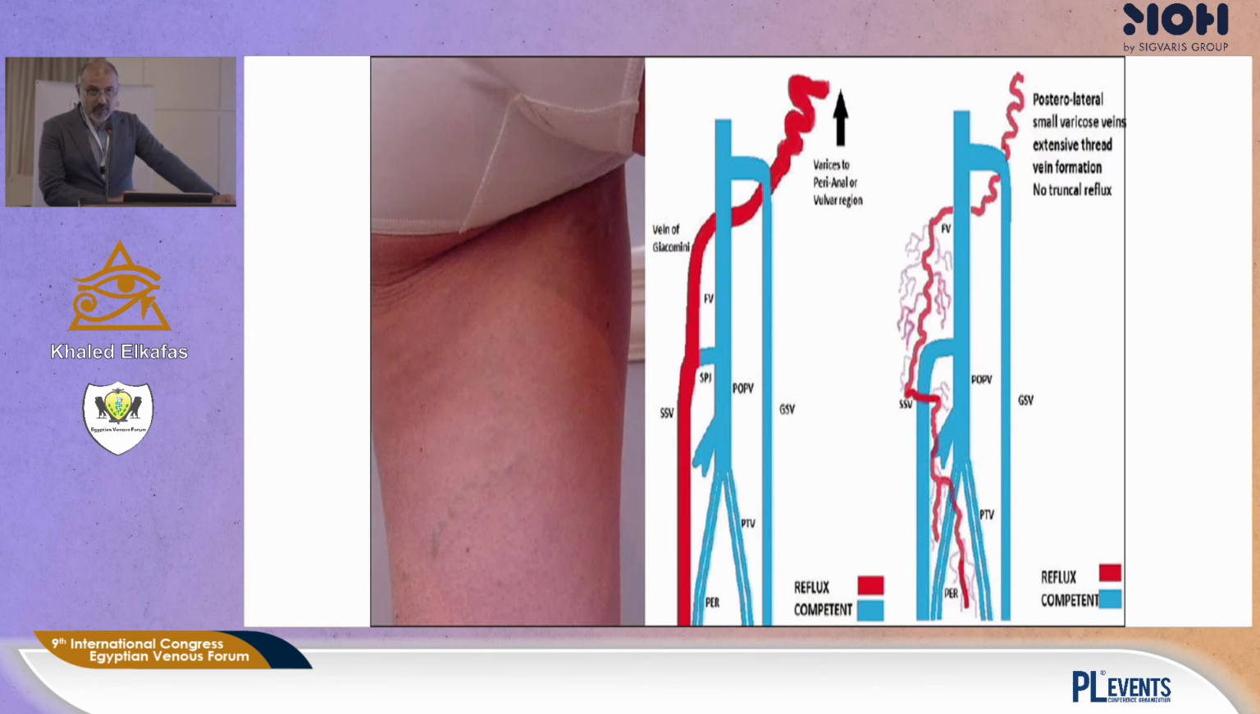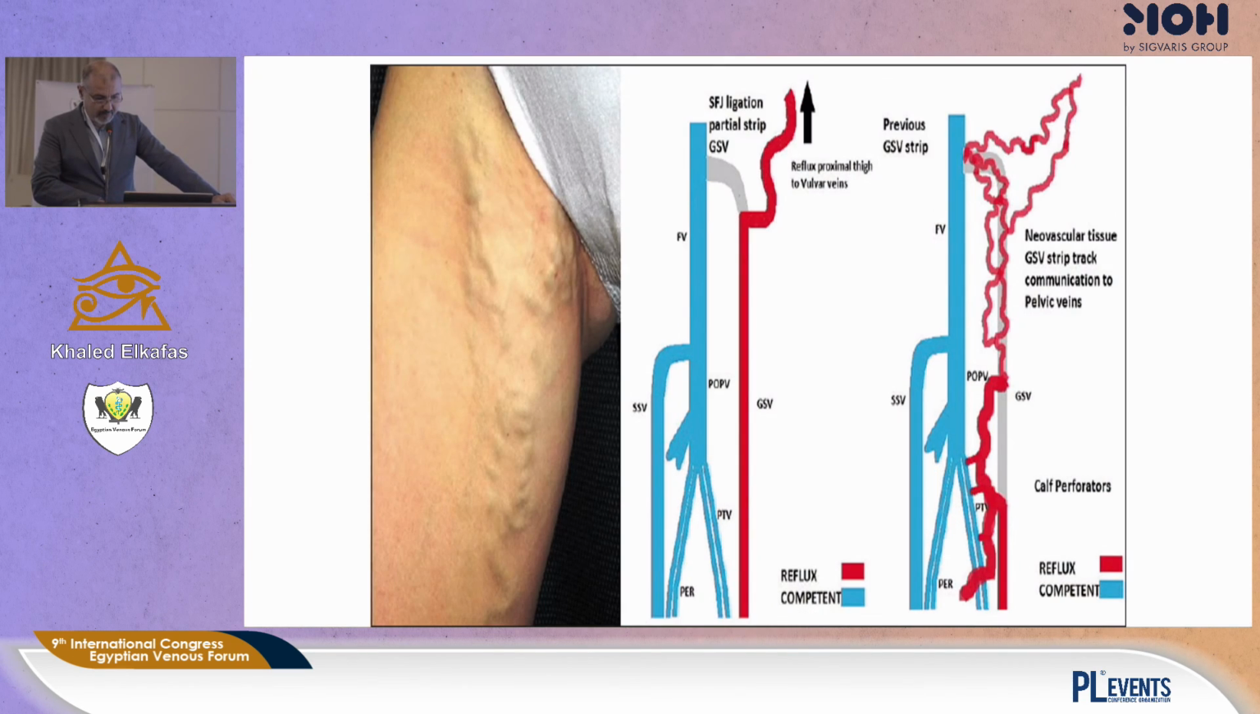Also, we can have posterior thigh varicosities due to reflux at the perianal region, refluxing into the vein of Giacomini and going to the small saphenous vein. Also, we can find posterolateral thigh varicosities. In recurrence, if we did a high ligation of the great saphenous vein and we find reflux in the residual great saphenous vein from the perineal vein. Also, if we have great saphenous vein stripping with high ligation and we find reflux in new vessels in this region, we can suspect pelvic congestion